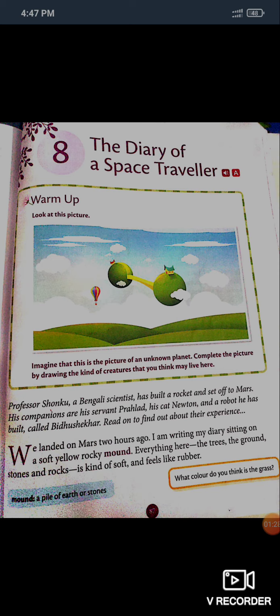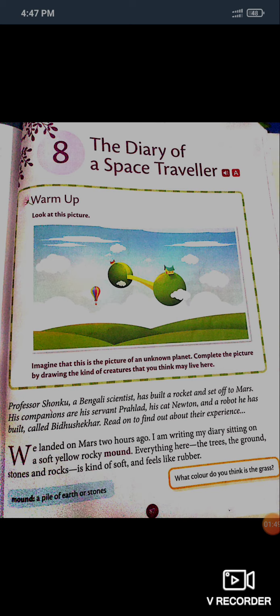Read on to find out how their experience goes. That means in this chapter, the characters are Professor Shanku, a Bengali scientist, his servant Prahlad, his cat Newton, and his robot Bidhushekar.